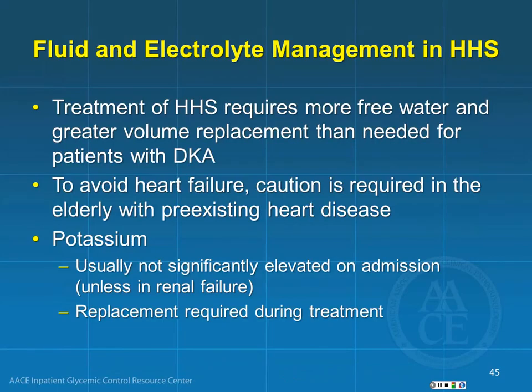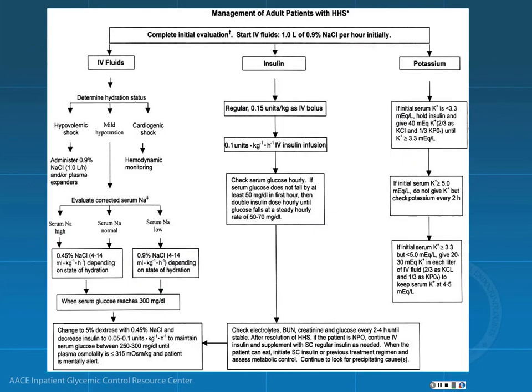Fluid and electrolyte management for HHS requires more free water, so you'll have to give them more fluids. And of course, because they're elderly patients, you have to make sure that you're not pushing it too much, as with patients with congestive heart failure, and also make sure that the potassium is adequately replaced. So this is the algorithm that we use for